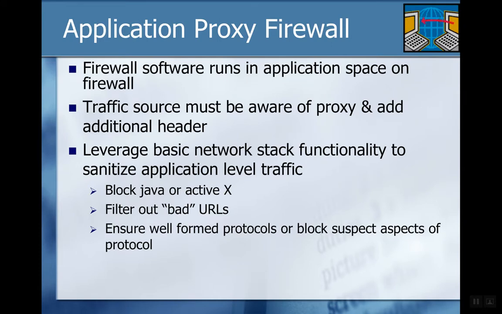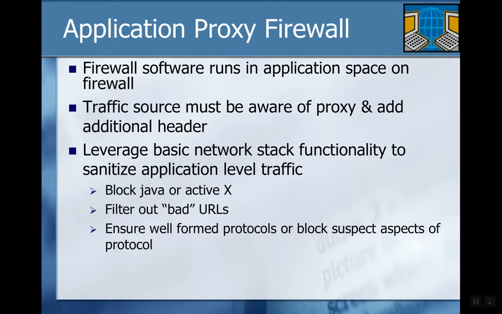For higher levels, you can use application proxy firewalls. These are a little bit more sophisticated. It runs in application space. It will actually do some kind of special gymnastics to add information that can then be evaluated. Some of the things you can do is look for things like ActiveX. You can filter out bad URLs. You can make sure